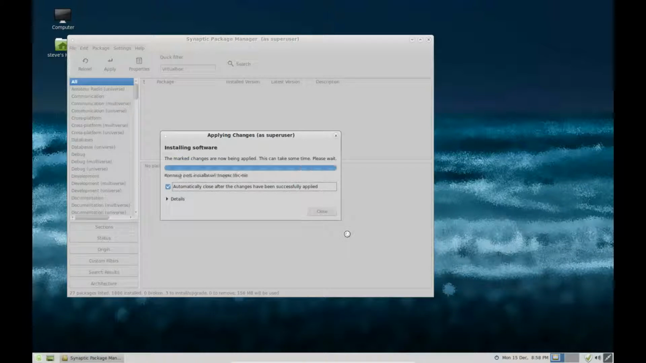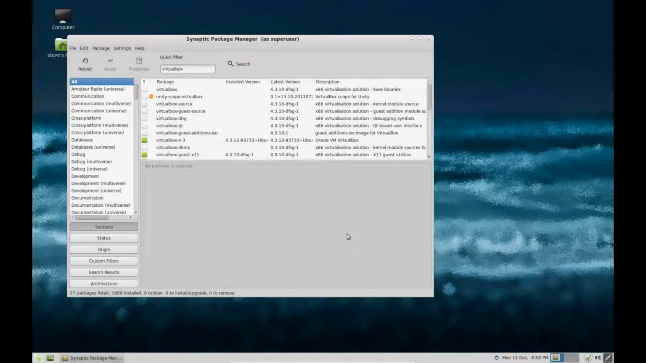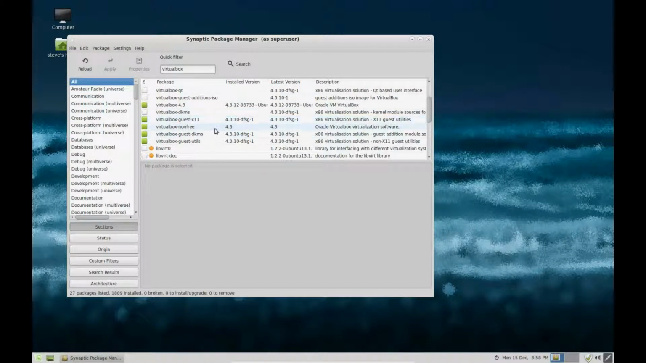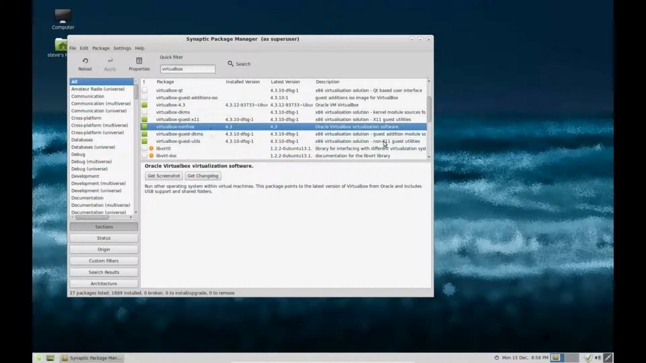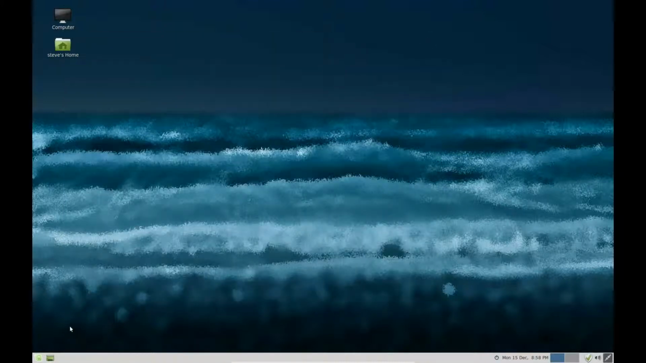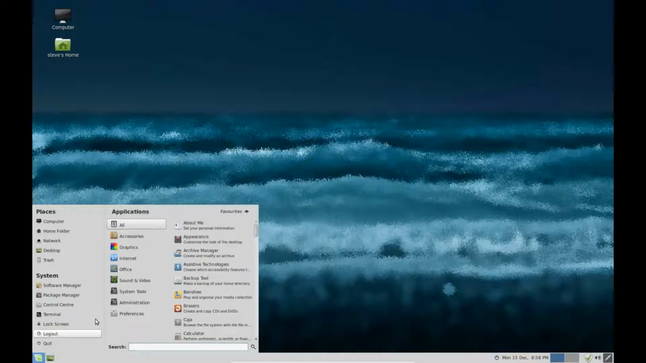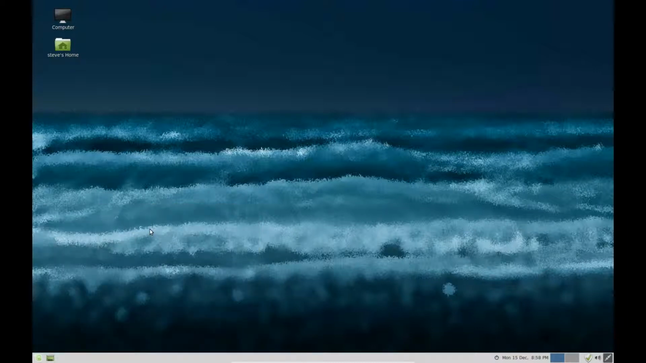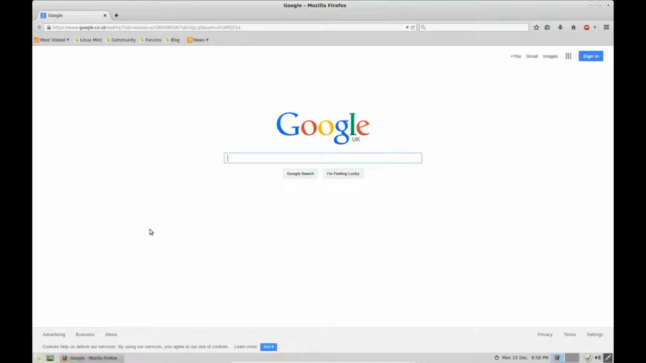Takes a little bit of time. Yours will be longer than this. Okay, and then we can see that VirtualBox non-free has been installed, as you can see by the green box. X that off. Then we need to start a web browser, and we need to go to virtualbox.org,